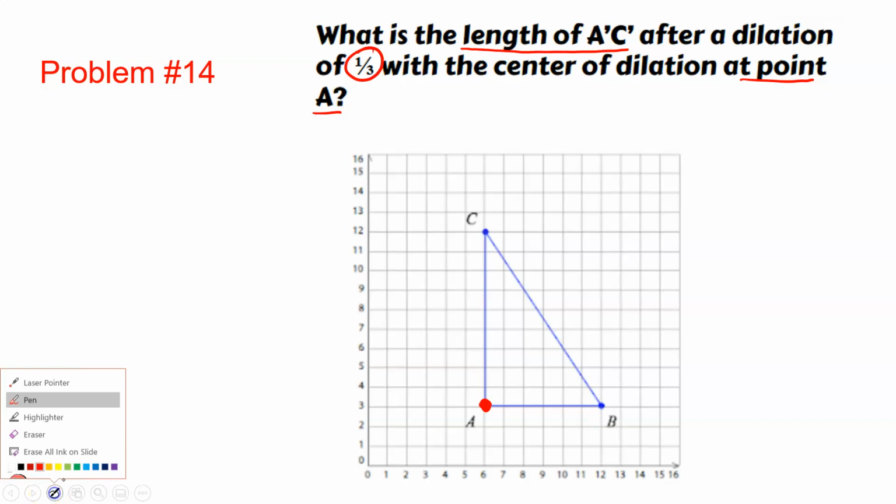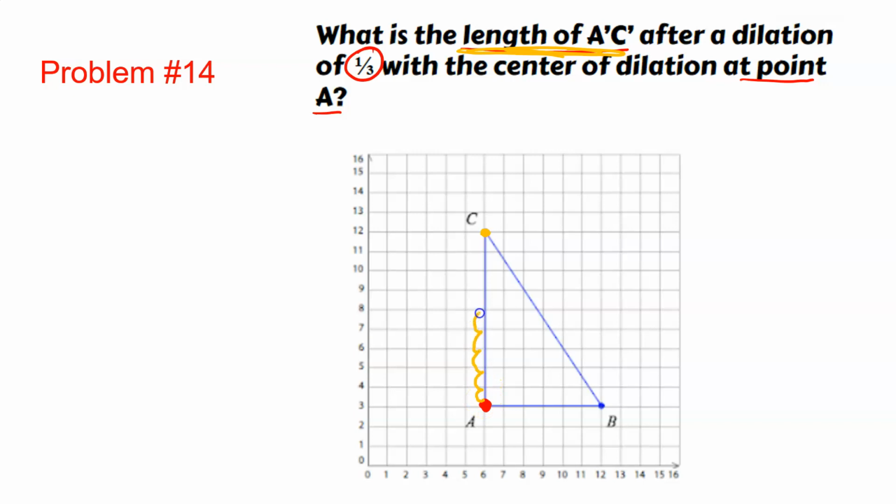And again, we're only worried about the length from A to C. Well, from A prime to C prime. Well, from A to C right now, what is that distance? That's 1, 2, 3, 4, 5, 6, 7, 8, 9. So that was a distance of 9. What is that distance going to turn into, right? So we had a distance of 9. If we apply that scale factor, which means you just multiply by that scale factor, which was 1/3, well, that's